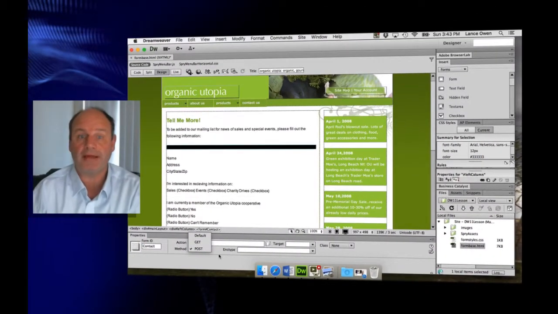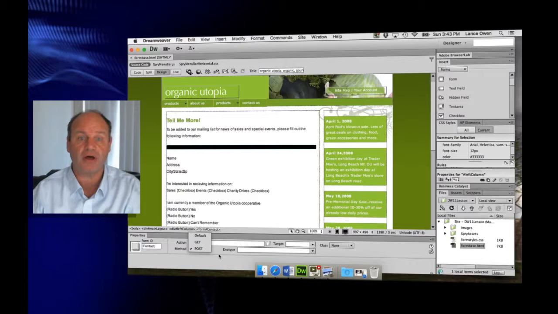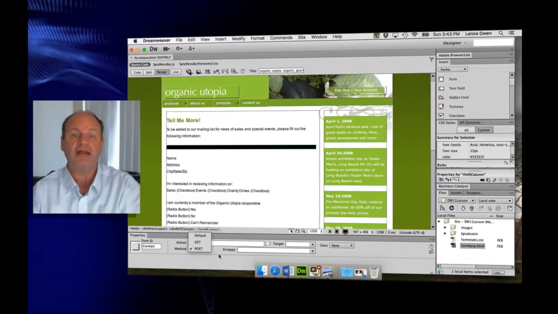The method drop-down menu is where you choose the method used to transmit the data to a server. The method drop-down menu includes the following choices. Default uses the browser's default setting to submit the form data to a server. Most browsers use the GET method by default. GET includes the form data as part of the URL of the request to the server. GET has a length limitation of 8,192 characters in the URL and is less commonly used to send long forms